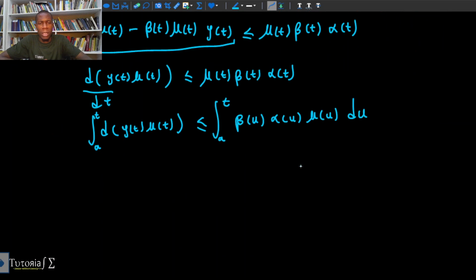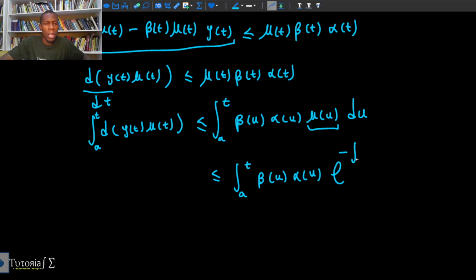what we're going to have is the following. So this side will have from a to t beta of u alpha of u. Then we can replace back what this is. So this is e to the negative integral from a to u of beta of r dr, like that, and we have du this side, and this side will just be y of t